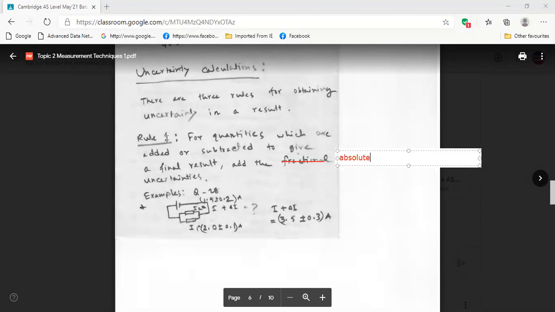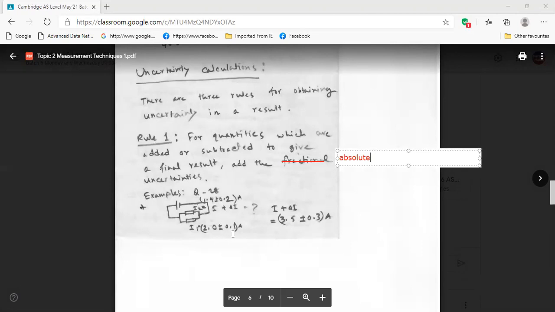I am making you understand from this example. Look, here we have one circuit, and in this circuit we have a parallel connection. Two resistors are there, and you know that in parallel connections the current is divided in the branches. So here we have currents I1 and I2. For I1, the current reading in the ammeter is 2, and for I2, the current reading in the ammeter is 1.5.